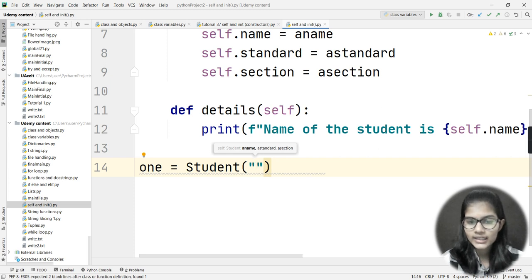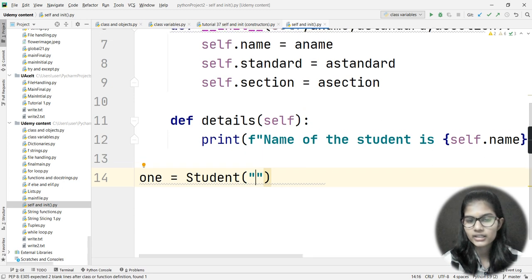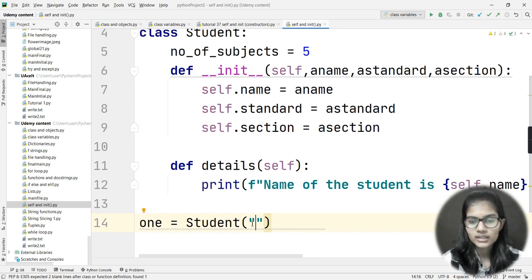So now I need not write one dot name, one dot standard, one dot section. I need not do that. Simply I would make the object of the class which I want, and inside the brackets for the class I would be writing all the details. Now the details which I'm going to write here, let's say the first one is Ria, I would put a comma.